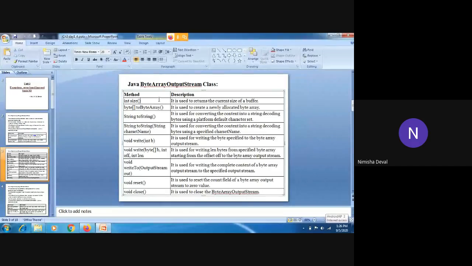First method, int size. Whenever we have a method with a data type like int, byte, or string, it must return some value. According to that, it is used to return the current size of the buffer. That means if you want to find out the size of your buffer in this class, you can use the method int size. As we have seen in the constructor, you can provide the size through the constructor, and whatever size is provided to a particular object, you can see with the help of the int size method. Next method is